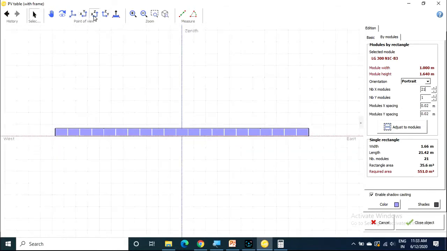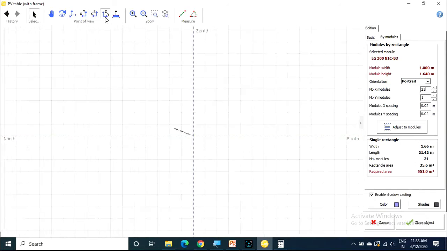This is another view. These modules are facing towards the south direction. See why it is placed towards the south? Because we are living in the northern hemisphere, right? So like that, 16 strings are required.